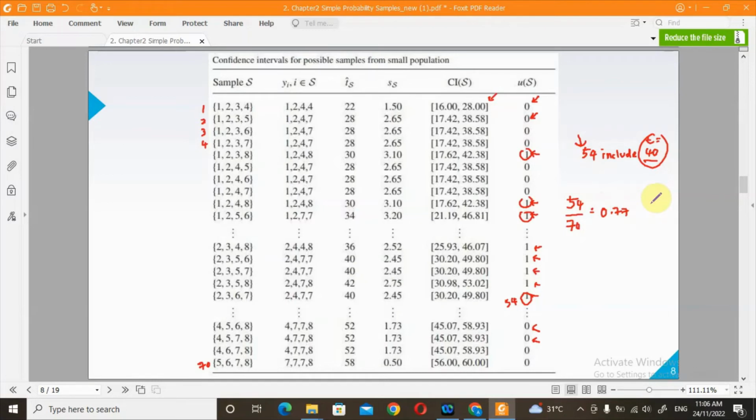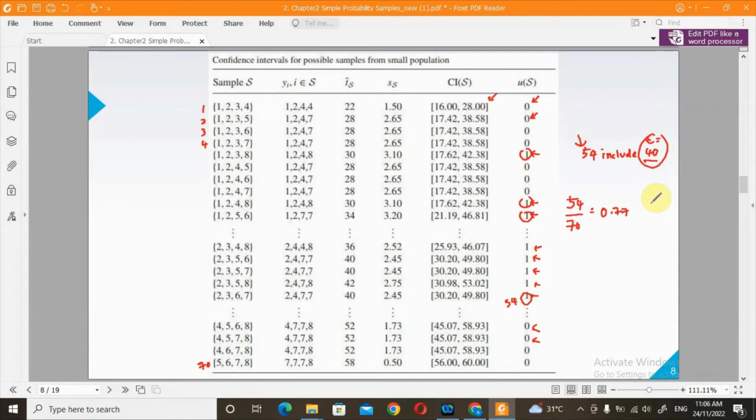or 77% of all possible samples will include the population total equal to 40 in their confidence interval. So this means that if we take simple random samples of 4 elements without replacement from this population of 8 elements, there is a 77% chance that our sample is one of the good ones whose confidence interval contains the true value of 40. This procedure thus creates a 77%